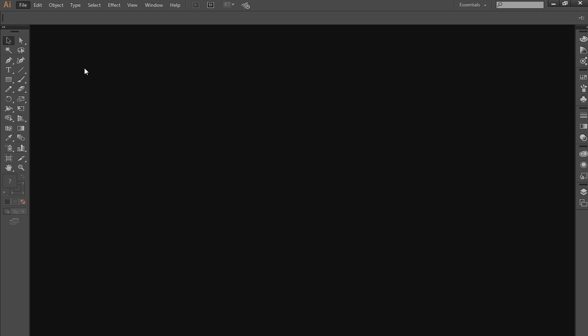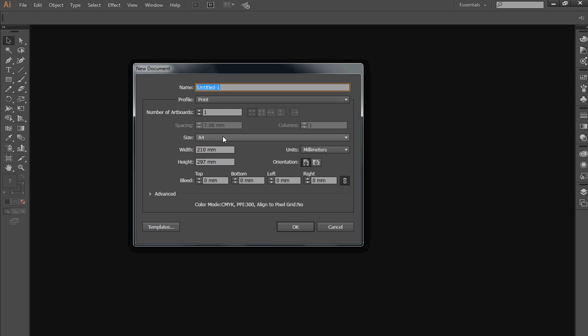the sprites within the game are 32 pixels by 32 pixels. So if I'm going to make a character, rather than have to resize it in the game, I may as well make it the right size here. So I'm going to change that to pixels. I'm going to change that to 32. I'm going to change that to 32, and that's now going to give me a 32 pixel by 32 pixel square to work on. The title is